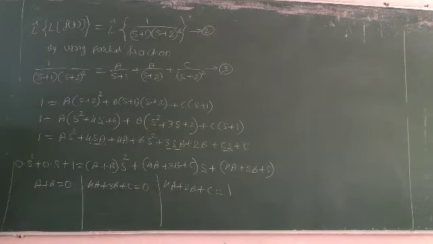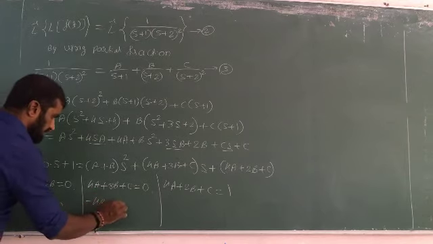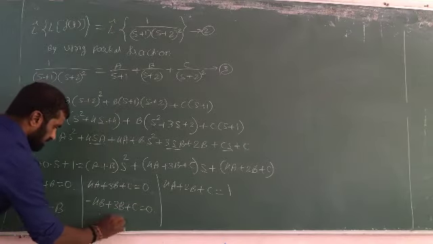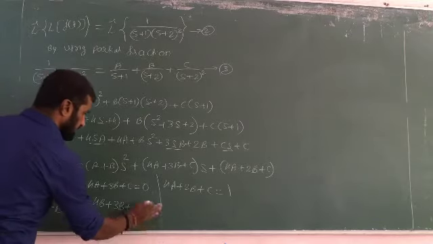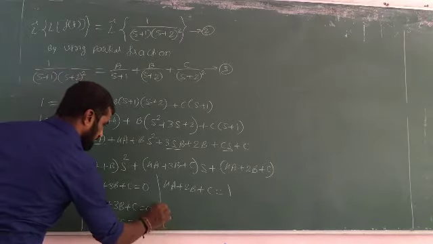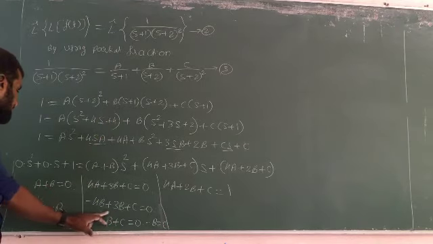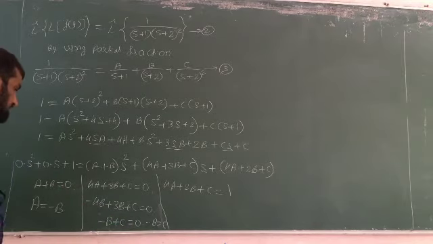Equating the coefficients of s square, s and constant, now I can write a is equal to minus b. Where you see a, put minus b. So it is minus of 4b plus 3b plus c is equal to 0, that is minus b plus c is equal to 0. So b is equal to c. Therefore b is equal to c. 4b plus 3b, subtracting, leaves minus b, and minus b plus c moves to the other side. So b is equal to c.